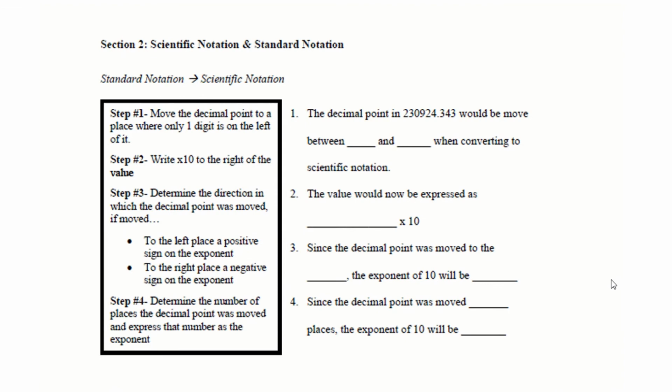All right, let's now go over section 2, which is scientific notation and standard notation. First, let's start with going from standard notation to scientific notation. Now, there are 4 major steps. Step 1 is where you move the decimal point to the place where only one digit is on the left side of it. Now, for instance, let's say that the decimal point in this number